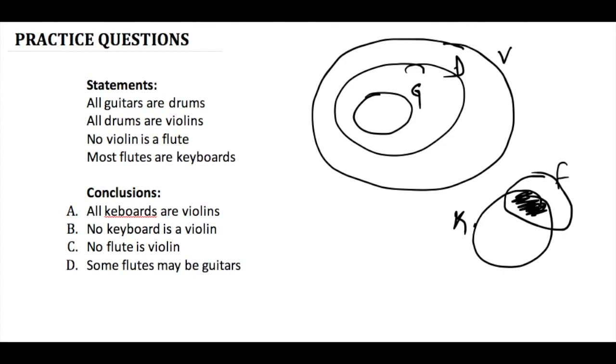ये पॉसिबल नहीं है बिकॉज अगर हम कीबोर्ड और वायलिन को, कीबोर्ड को वायलिन के अंदर डाल देंगे तो फ्लूट कीबोर्ड से टच नहीं कर सकता, बिकॉज वायलिन और फ्लूट टच नहीं कर सकते। बट ये गलत हो जाएगा क्योंकि हमारी फोर्थ स्टेटमेंट दी हुई है मोस्ट फ्लूट्स आर कीबोर्ड्स, तो इन दोनों के बीच में काफ़ी कुछ कॉमन है जो कि यहाँ पे प्रूफ गलत हो जाएगा। इसीलिए ये वाला जो स्टेटमेंट है इसको गलत प्रूफ कर चुके हैं, तो ये गलत हो गया। नो कीबोर्ड इज़ अ वायलिन,